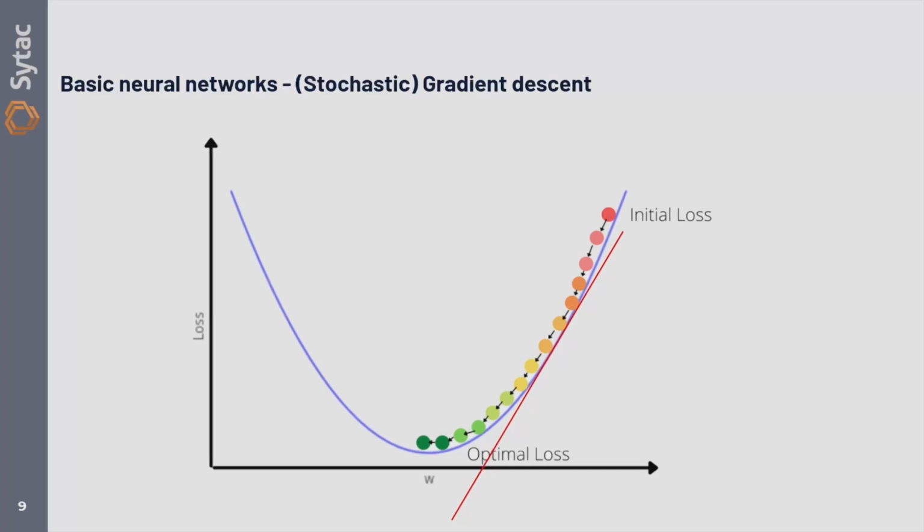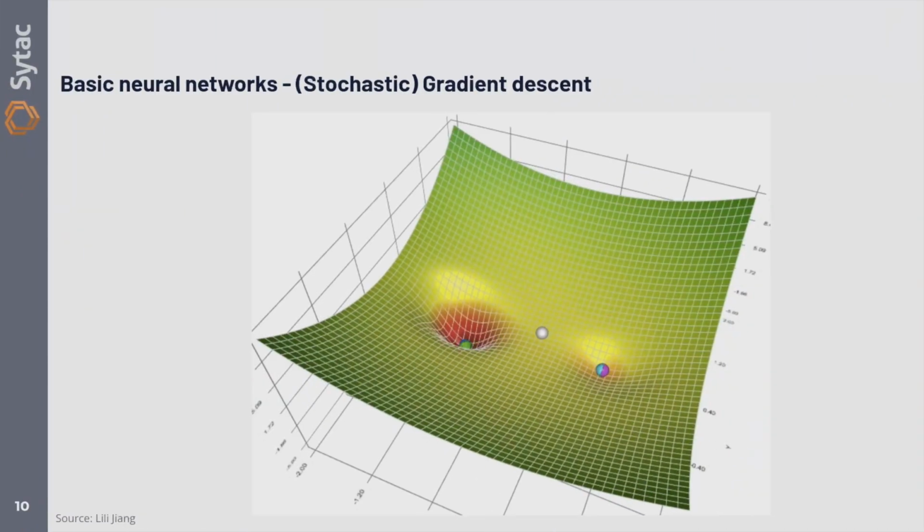If you just calculate the loss initially, you go here. What we do is function differentiation, and function differentiation calculates the gradient, which means that you get the direction you need to move your weight in to decrease the loss. So if you can calculate this angle, right, this slope, you know which direction you need to move the weight parameter in. So for each weight, we know what direction we need to move in to make the loss smaller. So this is for two parameters.